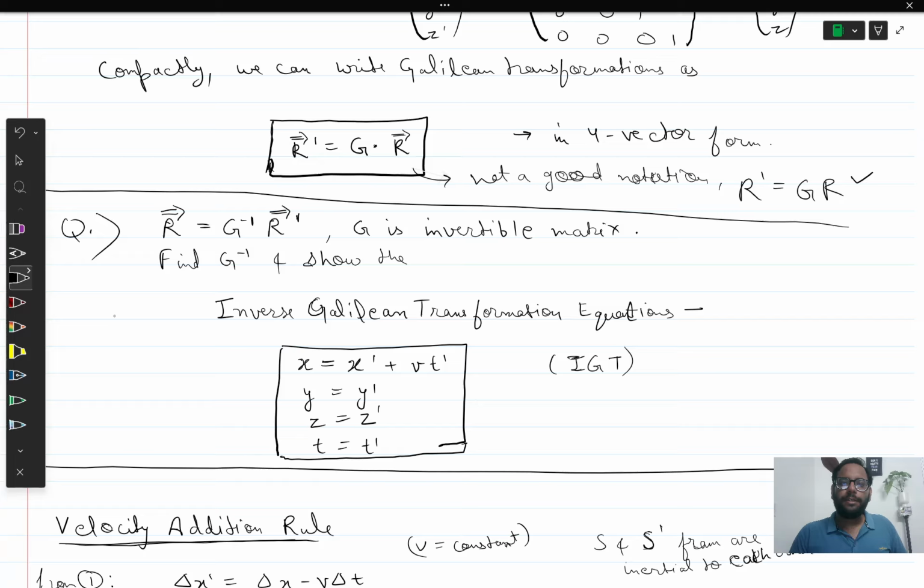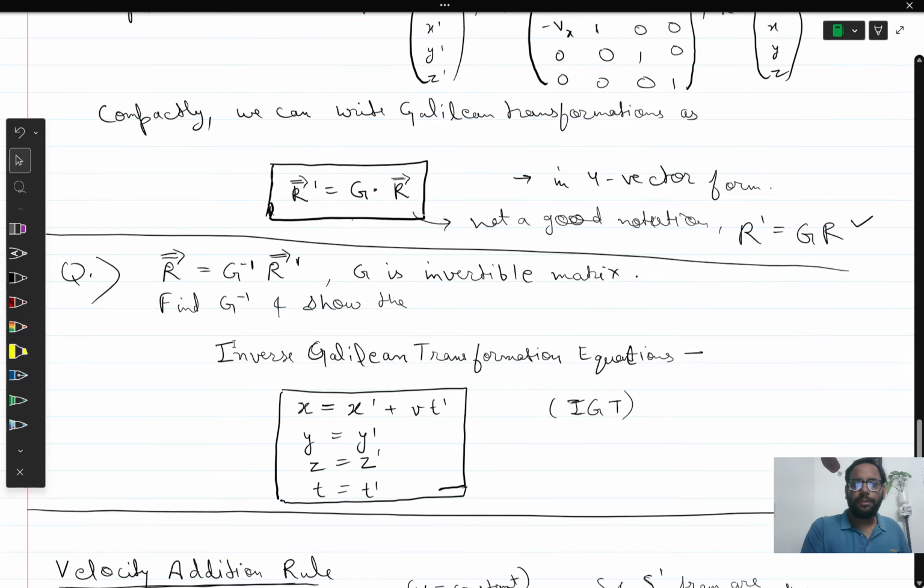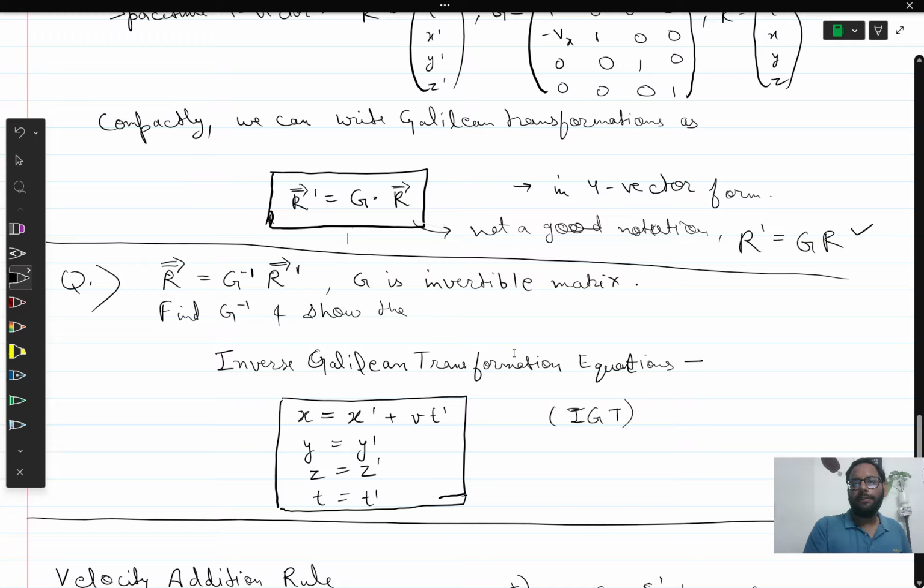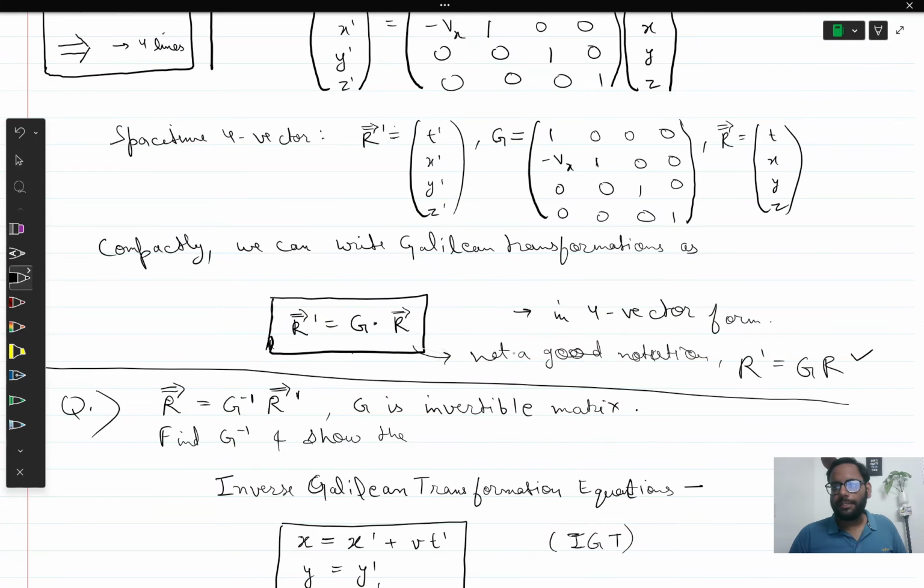Because this equation, this notation actually tells you that there is a coordinate vector which I have defined like this, and it has transformed to a different vector. But in our theory, we are not transforming the vector,